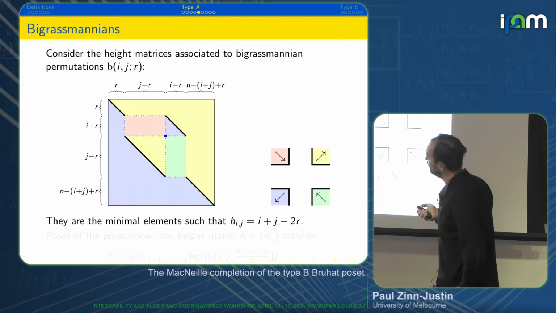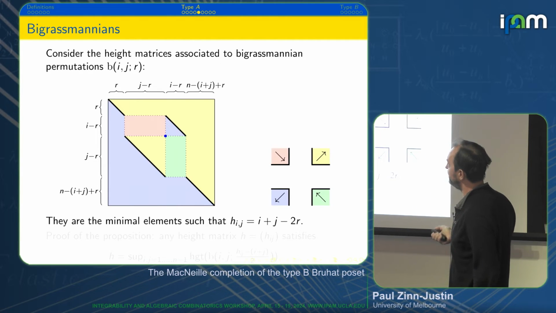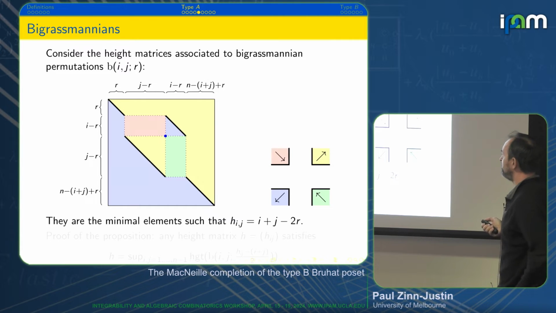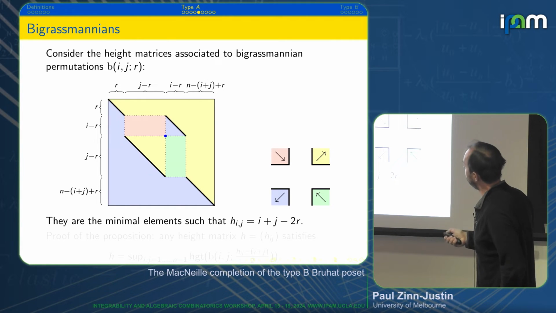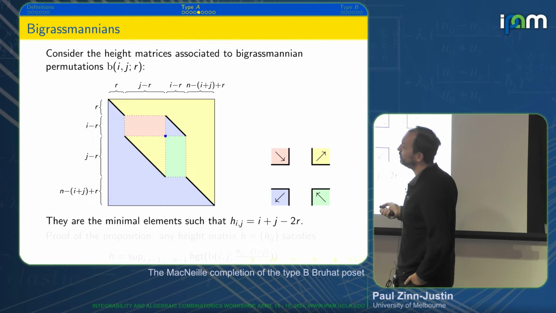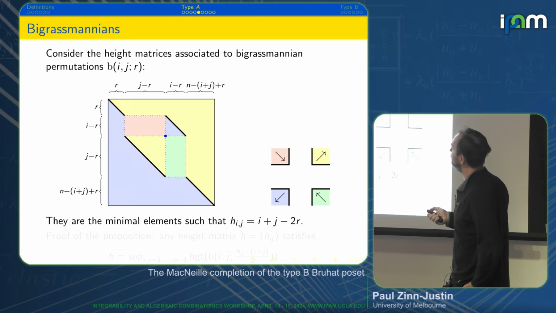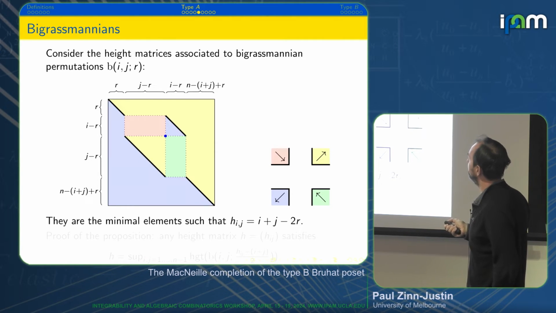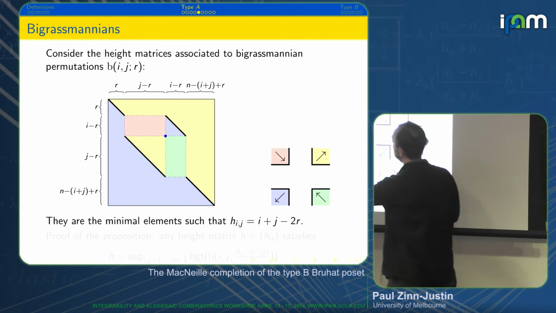And so the claim is that if you compute the corresponding height function with this little procedure that I gave you, so you're doing partial sums and doing this funny business, i plus j minus 2r_ij, you'll get exactly this 3D picture when you have exactly one local maximum at the coordinate ij, conveniently. And everywhere else, the idea is that it's really the minimum permutation with this constraint. So if you fix the height to be the height of that,